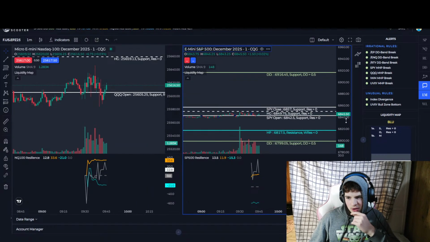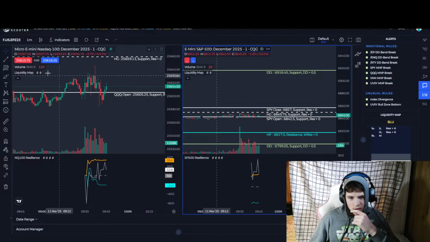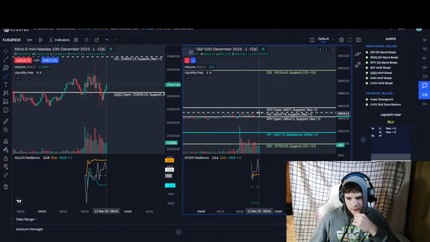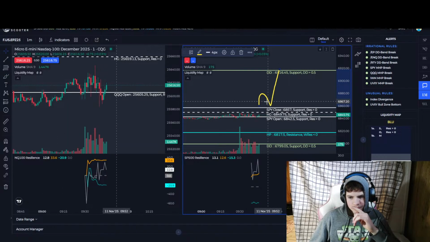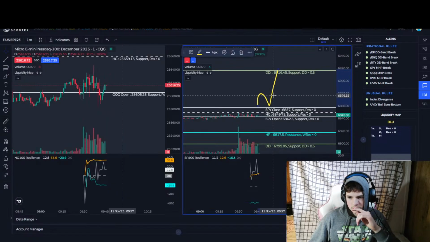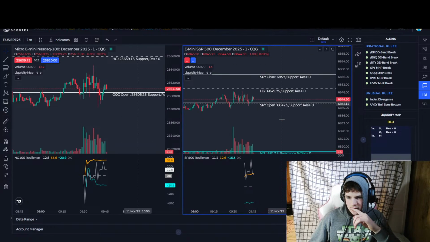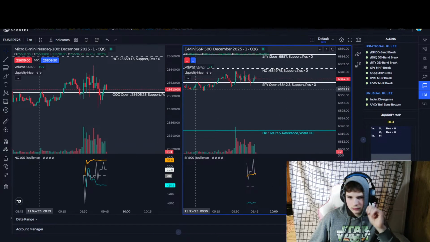But after SPY close, there's really only DD band, so if it breaks SPY close. Right now, it could sell to HP.